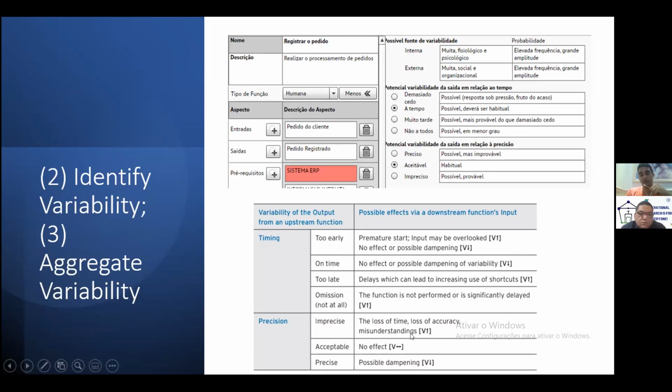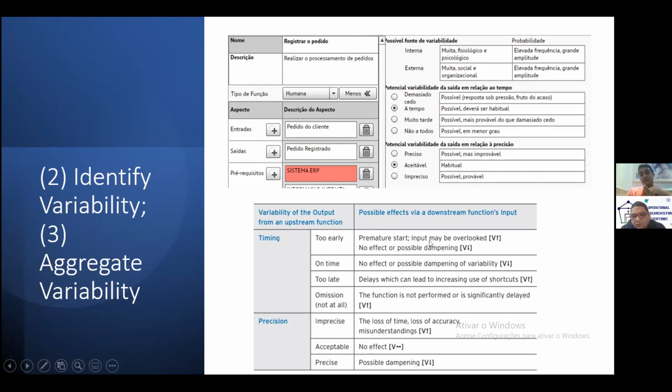If you look at this board over here, the variability of an output from an upstream function, we have the timing. It can be too early, on time, too late, or we can have an omission. And then we have the possible effects for premature start.